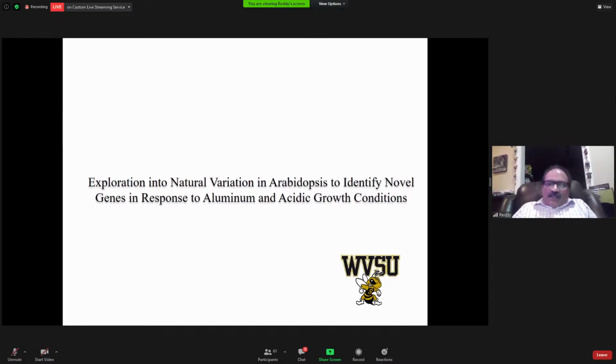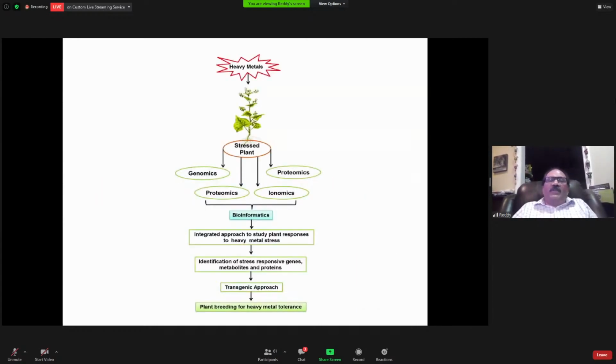So we started identifying the genes for aluminum toxicity and acidity, especially using Arabidopsis thaliana. Because now we understood that if we identify a gene in Arabidopsis, it is translatable into watermelon or any other vegetable crop. So the title of this talk, I named it Translational Genomics, because the information pertaining to the genes and pathways, everything is translatable, right?